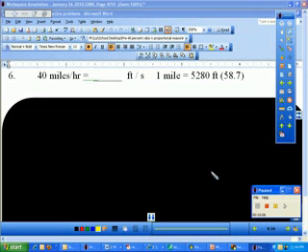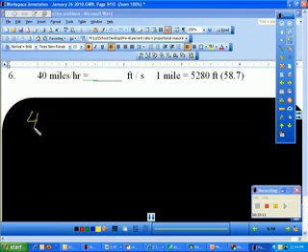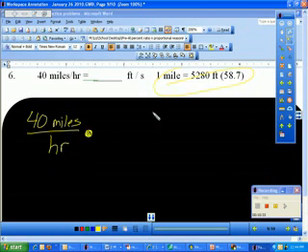Okay, let's try another one that's got a unit in the denominator. This time, it's 40 miles per hour. This is more similar to the one we were doing yesterday. And we're going to turn it into feet per second. And they give you the unit multiplier that you are going to need in order to be able to solve it. So the unit multiplier that we're going to use is 1 mile equals